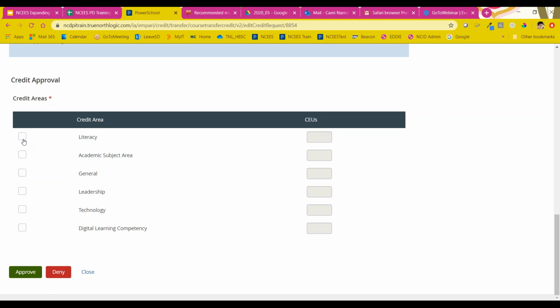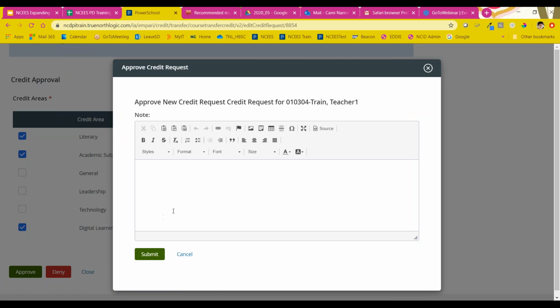So I'm going to click on the box to the left, literacy, and over where it says CEUs, it was 1.0. That was 10 hours. Click on academic subject, 1.0. And then DLC credit, 0.5, which equates to that 25 hours. And if something happens and there's an error, the system will not allow you to go on. And human factor, and that would be me, you know, there's room for error, but the NCEES system typically catches that. So I can approve that particular course in Transfer Credit Manager,